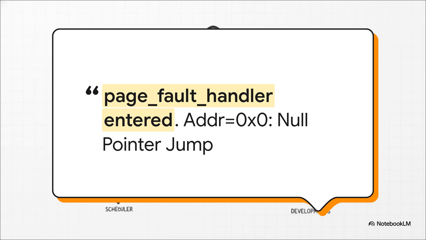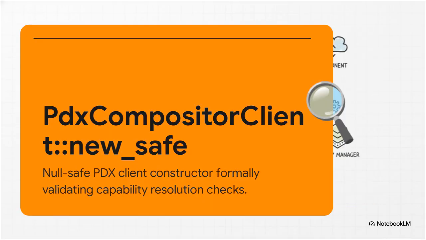Here's what was happening. When Silk Shell's capability lookup failed before the PDX grant reached the Ring 3 capability table, we'd get this catastrophic userland null pointer jump. The system blindly attempts to dereference address 0x0 right at the entry point of PD3, totally crashing the domain before it can even emit its very first telemetry pulse. To fix this, enter our lifesaver,